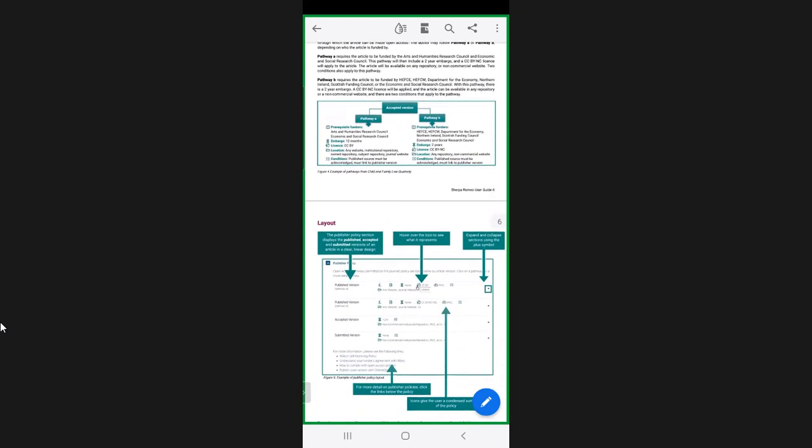And the location, it is on a website. It may be in a repository, or it may be on the institutional repository. But in pathway B, it should be in the repository, and it should be non-commercial also. And the conditions are: the published source must be acknowledged, and it must have a link. Similarly, in the second case, if someone has participated in your research, if someone has